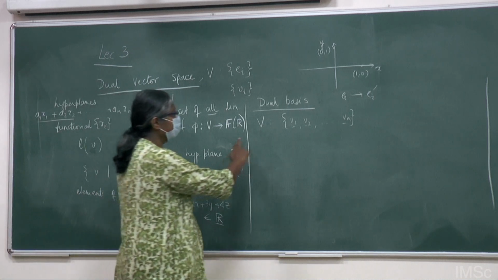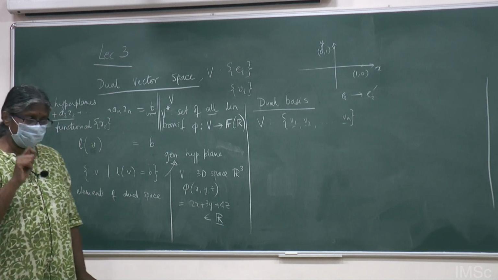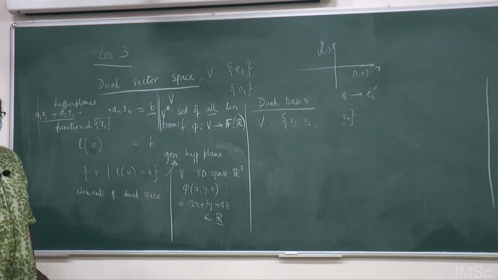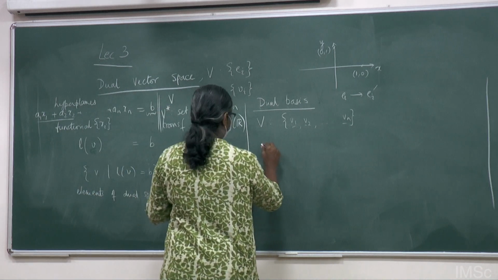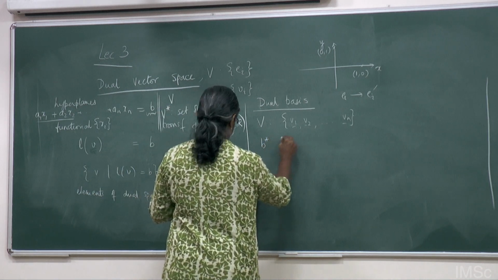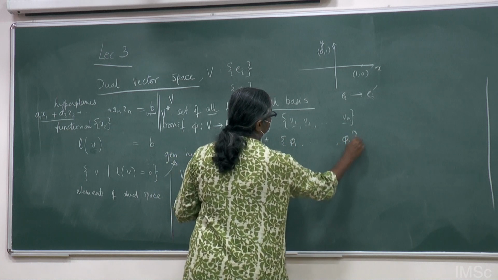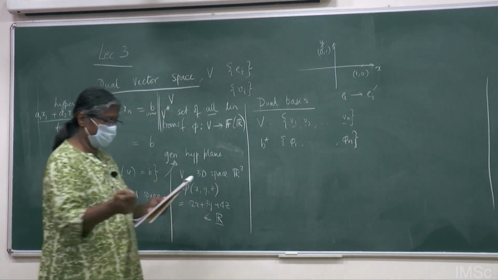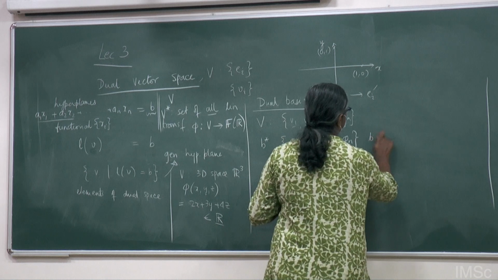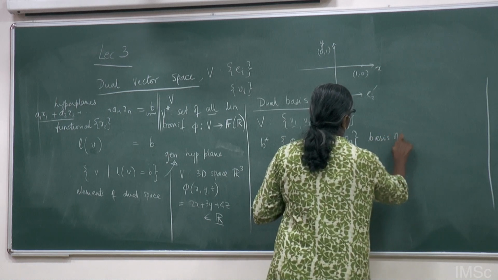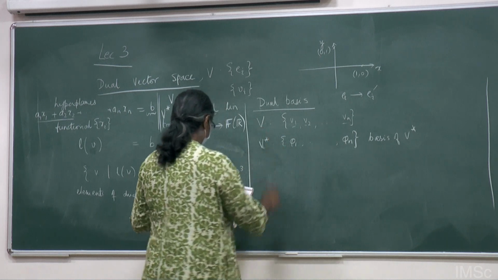But given this set of bases in V, in order to define V star, I have to define in a certain particular way the dual basis. The dual basis is defined like this. B star, of course, will have the elements phi 1 to phi n. It must have the same number of dimensions, which I will show you in an example. This is the basis of V star.